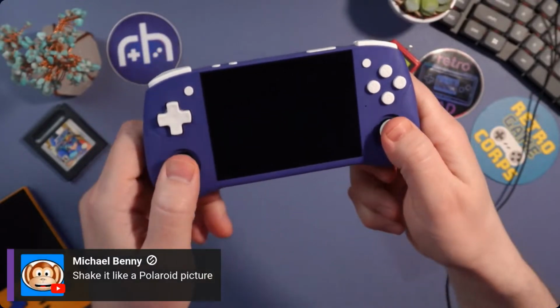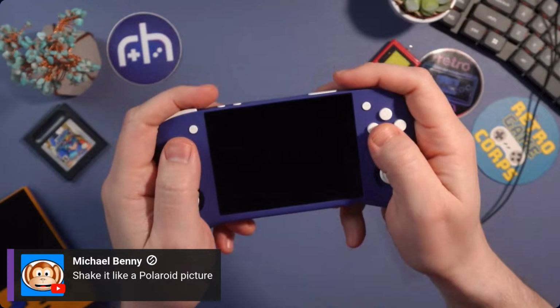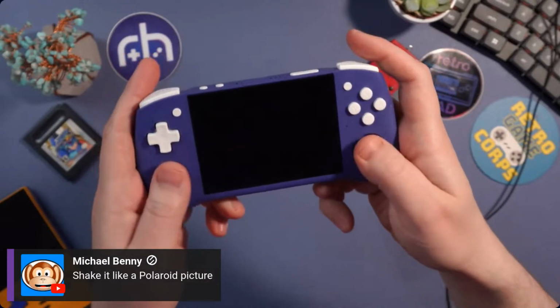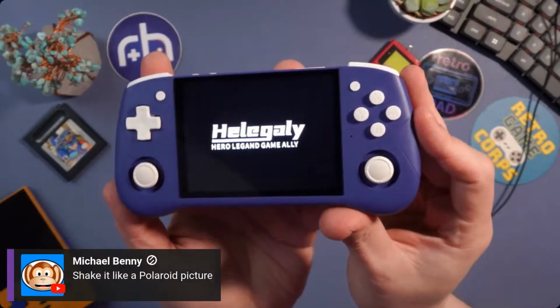Now, this is one that might do well with a little added grip for how this is right there, but I think for D-pad centric, this is going to be more comfortable than joystick. Let's turn it on. It kind of has like Pocket Kitty vibes with the D-pad and face buttons in terms of